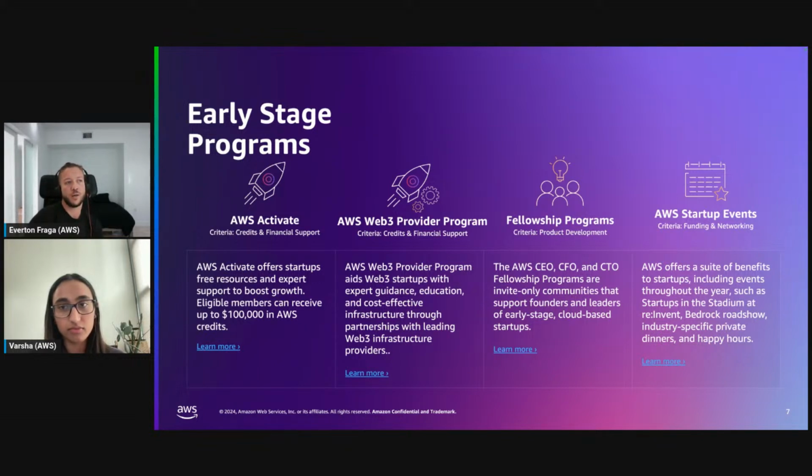Fellowship programs. So that is very interesting, kind of a community that we create around specific types of builders, right? So we have builders that are CEOs, we have builders that are CTOs, and we nurture these communities to help them succeed as a group, right? Not to mention the startup events, the ones that we host on our startup lofts worldwide, but also we have presence on industry events as well. So Consensus, we co-hosted a hackathon there, for example.